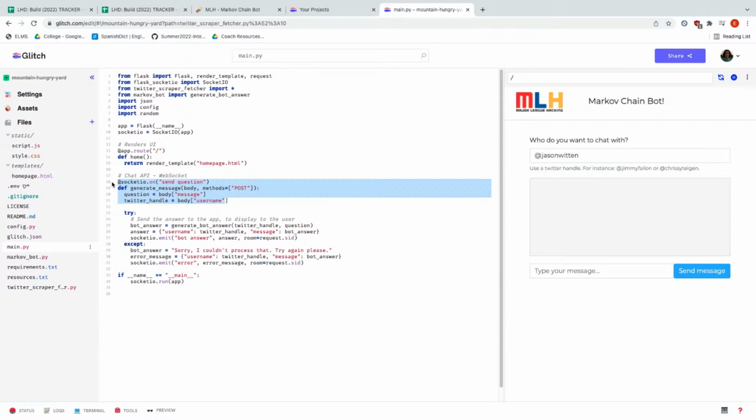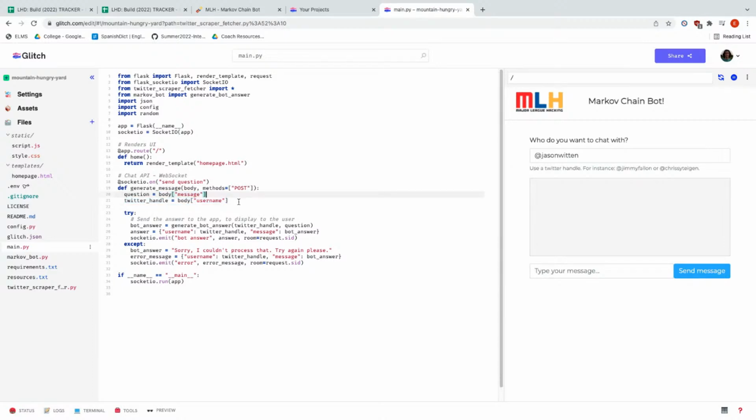And here, when a user enters a question on our web page, we save their message in a variable called question, and then save the Twitter handle of the person they want to talk to. So when someone sends a question, it generates a message, and the question is set to the body message, and the Twitter handle is the body username.